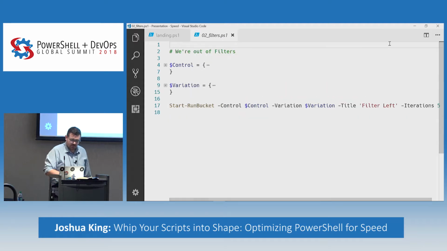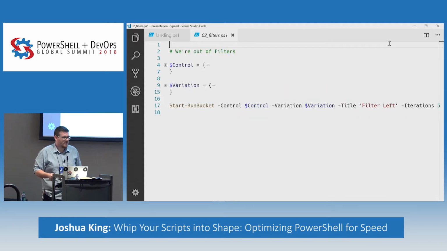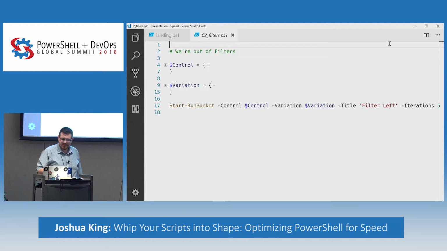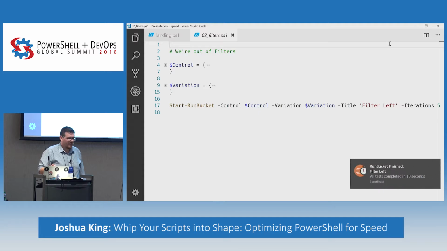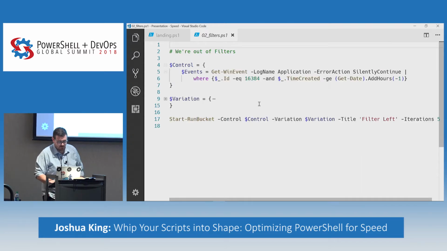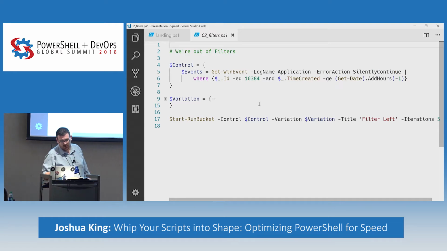Right, so the first thing we all learn when we're learning PowerShell is filter left, format right. And I think we've all just taken that as a universal truth. But let's go ahead and measure it and see what happens. So in our control, we're getting a bunch of events out of the event log. Specifically, we're looking at the application log, we've chosen a specific ID, and we just want everything that was created in the last hour. So in that example, we are piping Get-WinEvent to Where-Object,